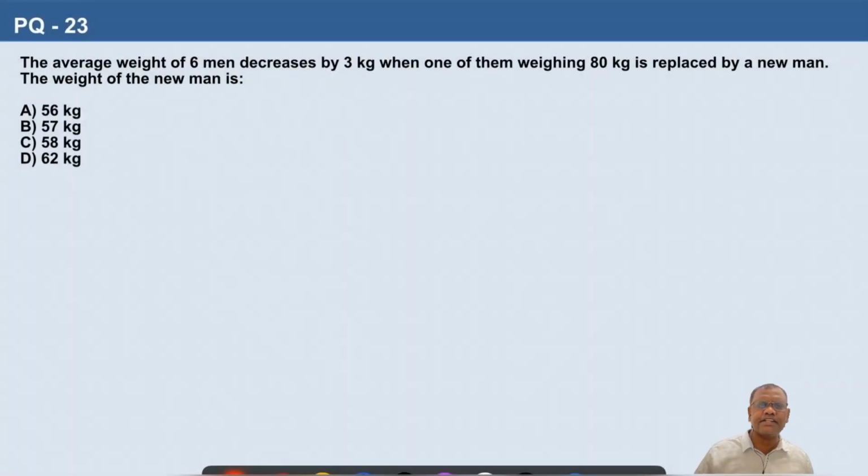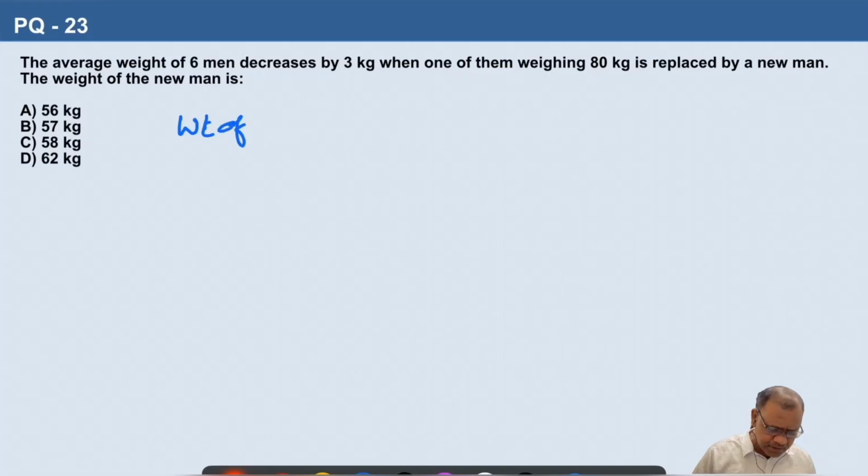Question number 23. The average weight of 6 men decreases by 3 kg when one of them weighing 80 kg is replaced by a new man. The weight of the new man is what? So here we have to use the replacement formula. So weight of the new man